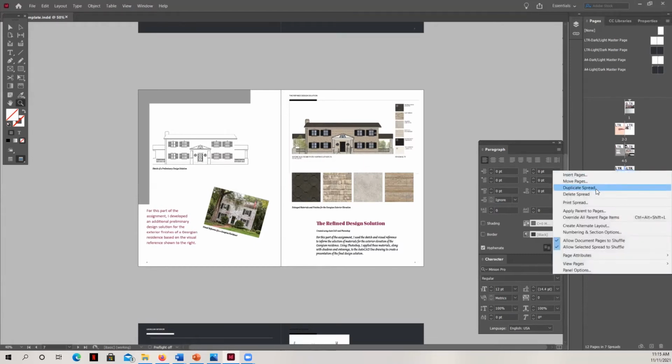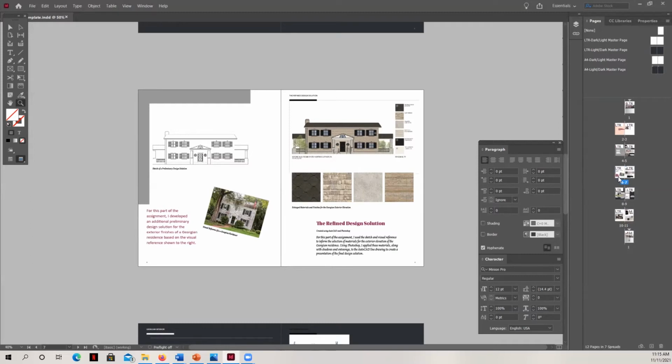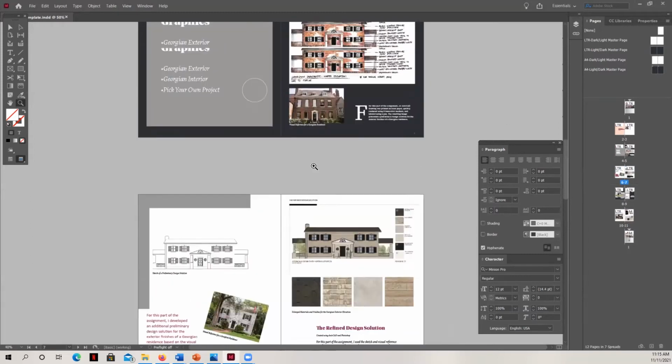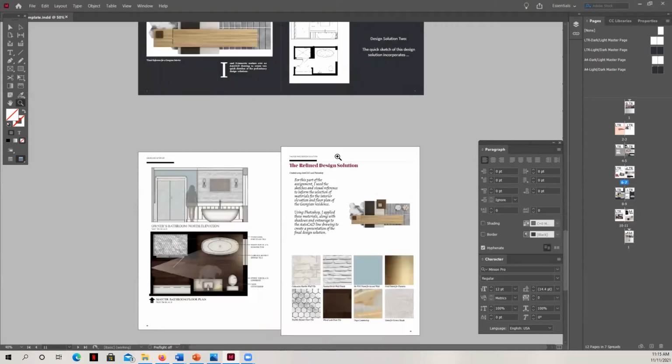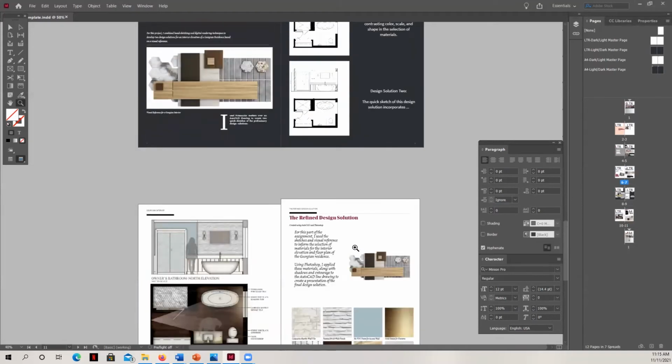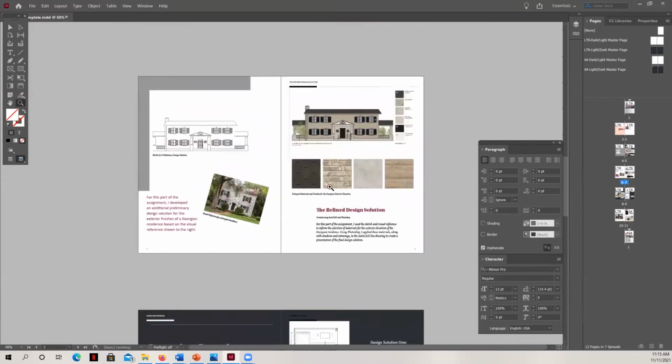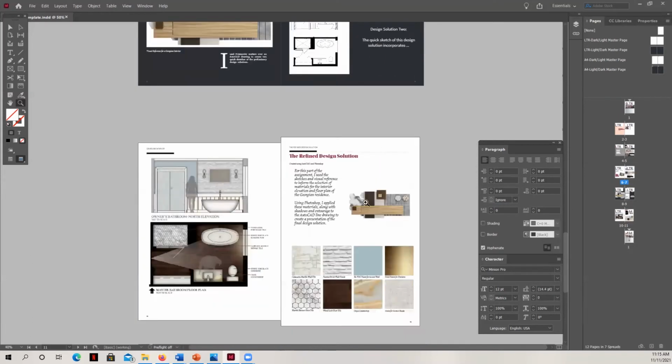And so what you can see here is there's a few pages that I created that are the same as far as layout goes. And so you can see here that there's some similarities in some of the layouts, like for example, this one and this one, they are the same template page.